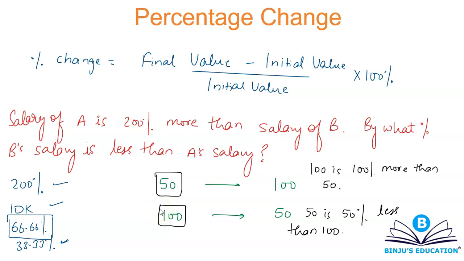This is what is meant by base value. So if you are increasing something by 200%, in order to go back to that same value, you will not decrease the new value by the same percentage. Okay, let's understand this.